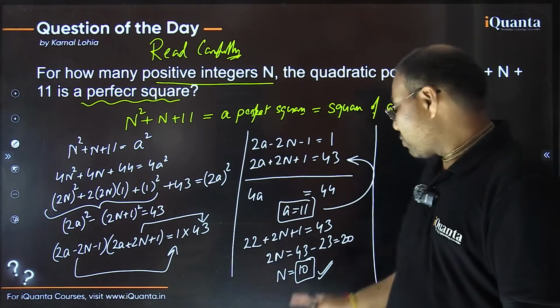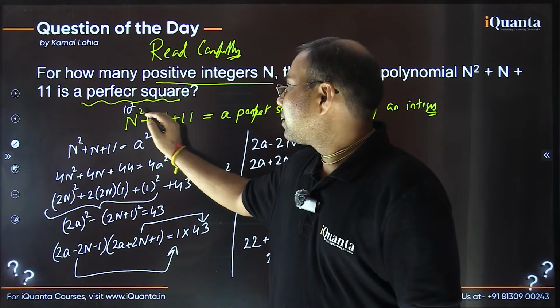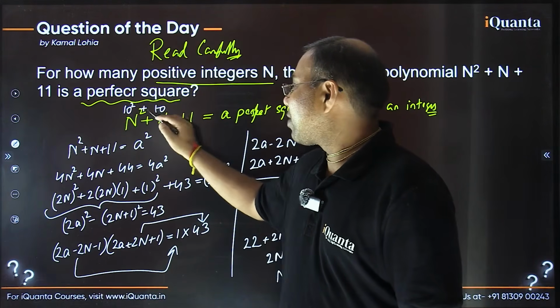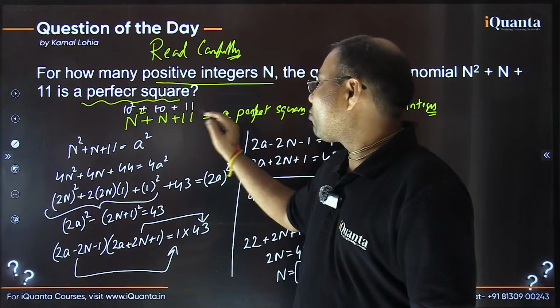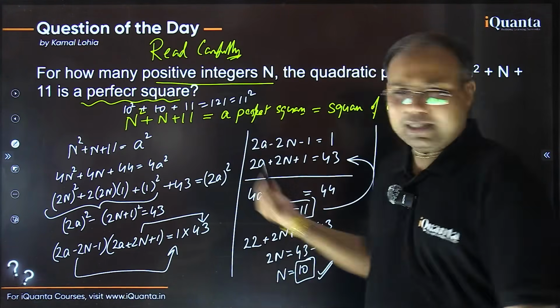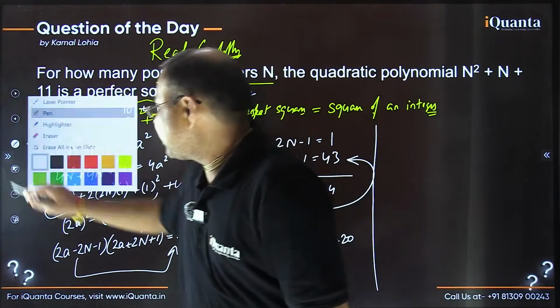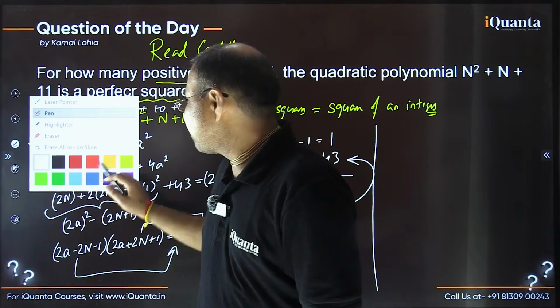And if you wish to check, you can check also. If I put n as 10 here, what will be the value? So 10 square, that is 100, plus 10, that is 110, and plus 11, that makes it 121, which is 11 square as it was supposed to be. Fine. Okay, so this was a traditional way, and you find many such questions in examination,